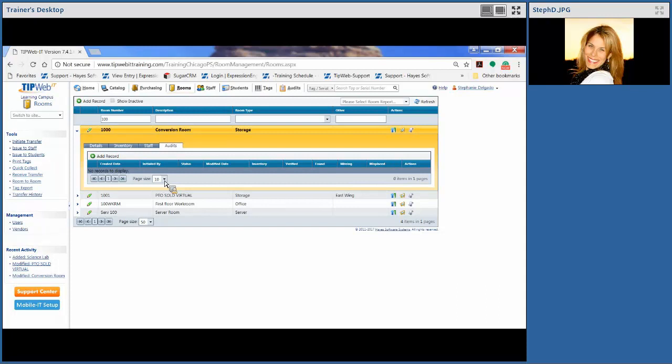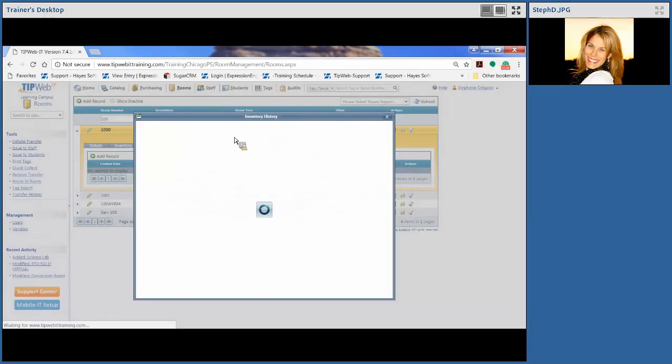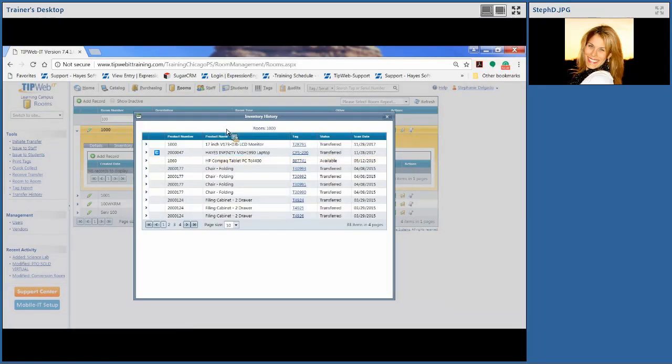Speaking of actions, there's an actions option as well for each room up here at the upper level, on each record. That's where you're going to have that initialize room inventory, which we'll talk about in a little bit, and that's the adding of inventory to your existing room. And then you also have the capability to view inventory history, similar to the audits. It's going to give you a list of all inventory that's ever been